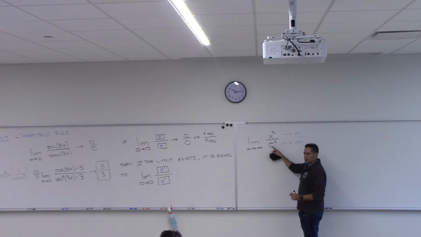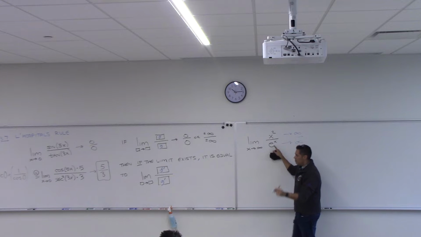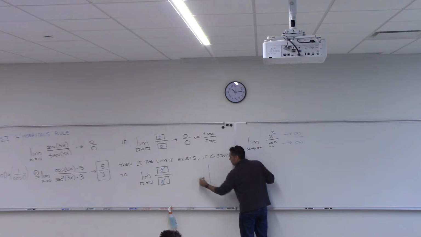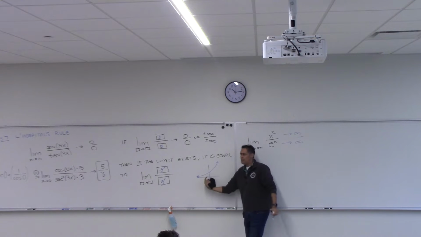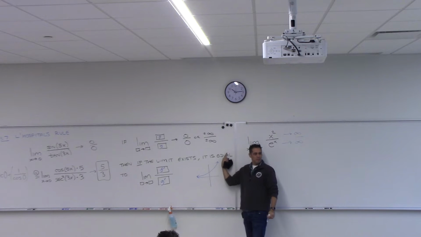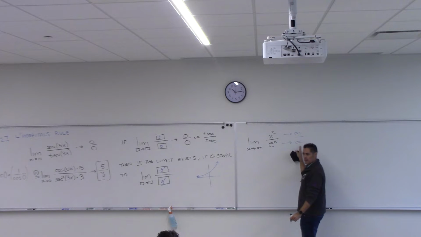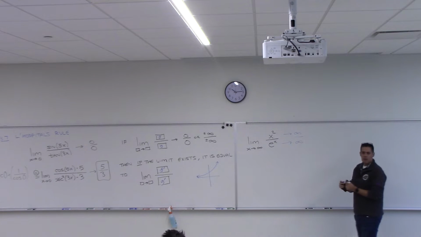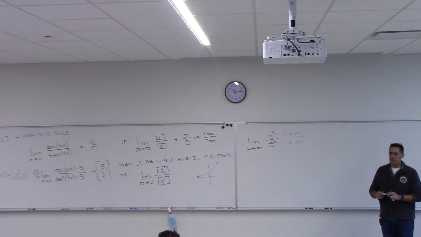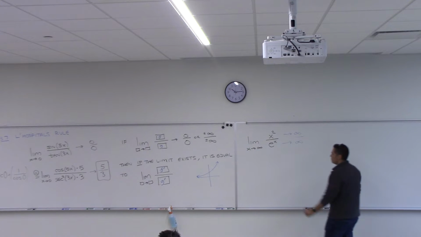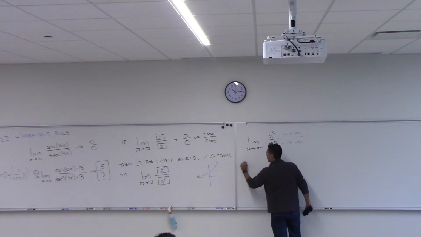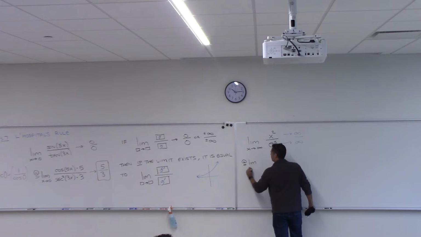Okay, so this goes back to last class as well, right? Remember when we did the graph of e and we said e to the x looks like this? And I asked you what happens as you go to infinity? We said it goes to infinity. So as you go to infinity, this right here goes to infinity. So you have infinity over infinity, right? So can I use L'Hopital? Yes. So according to L'Hopital's rule,